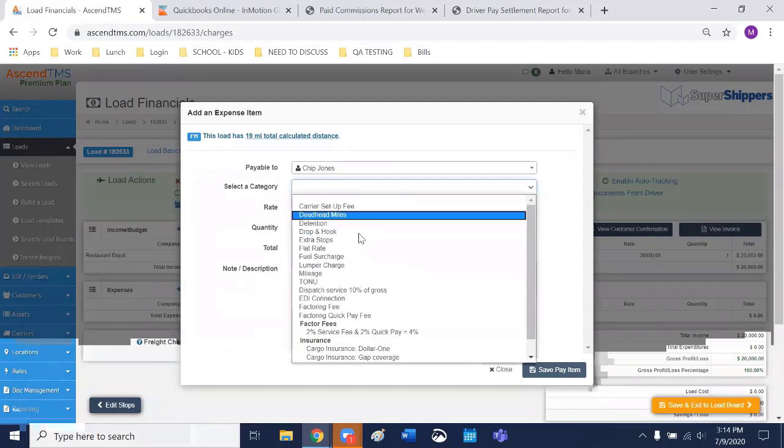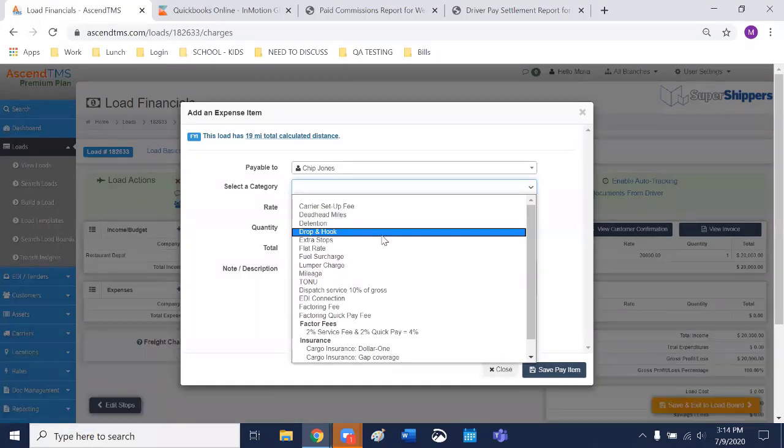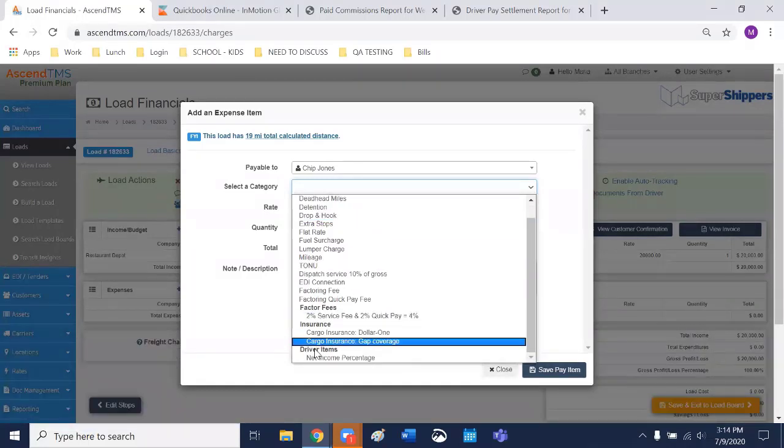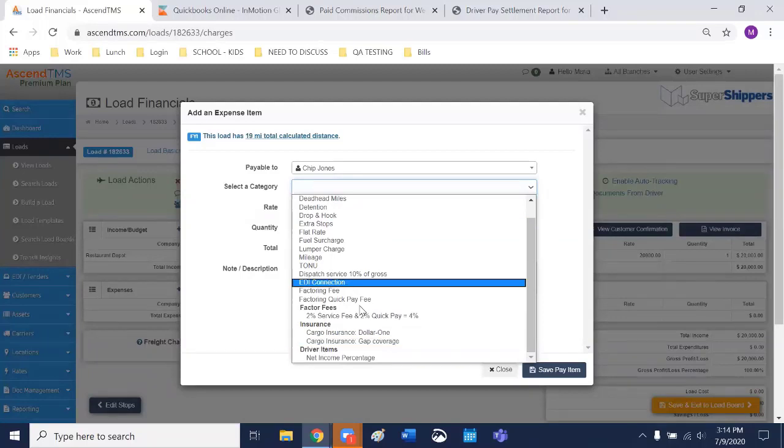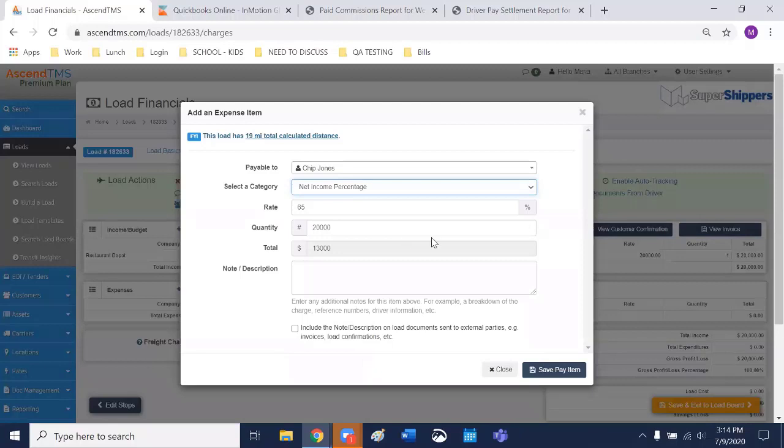Yeah. And just so you know, in this list, by the way, you and your team can set custom pay items for anything to be used for your customers, percentage items like quick pay chargebacks. You can do all kinds of things. There's a place in your settings called edit your drop-down list where you can add your own custom pay items if they're not for your driver. So when you add stuff for your driver, whenever you come into this drop-down, you'll have driver items at the bottom of your list.